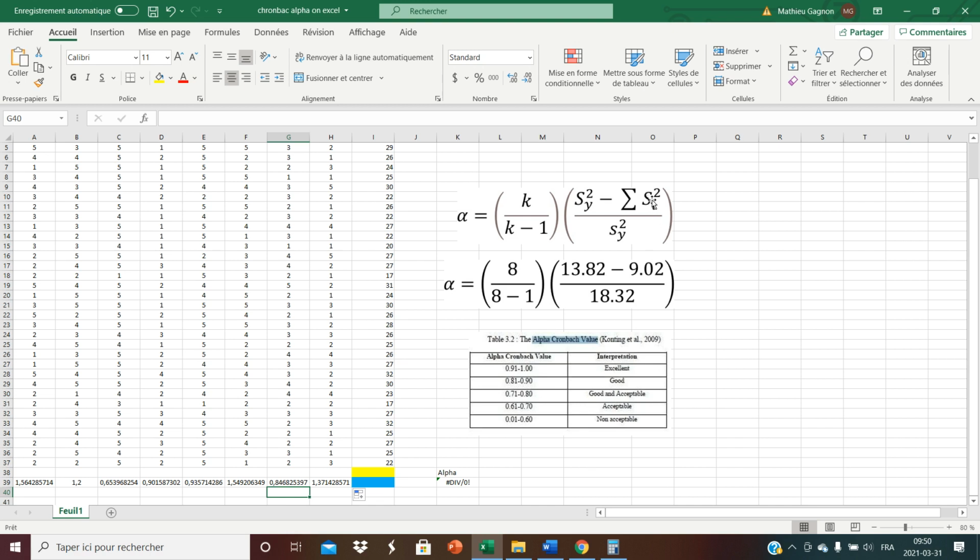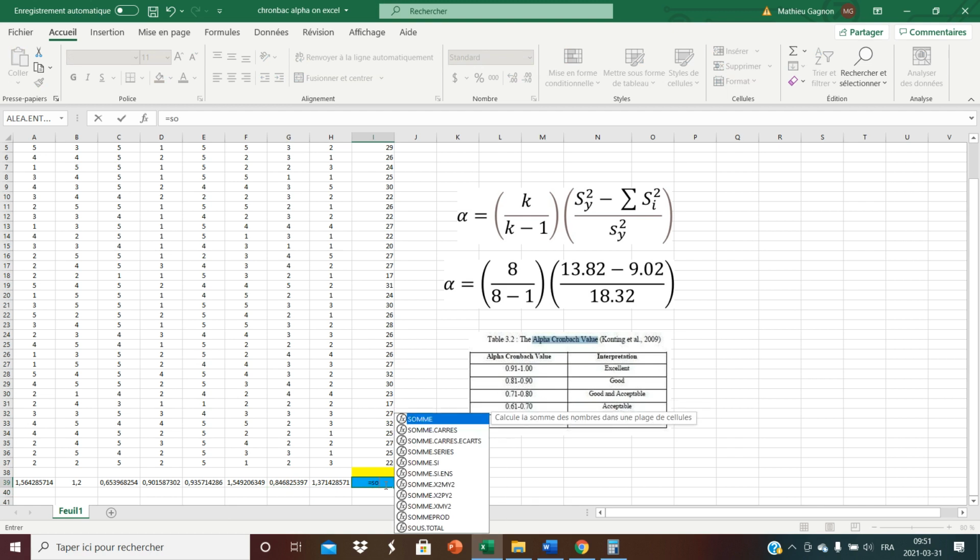So these are your S square I. But now you need to sum them up to get this term right here. Okay? Donc, faut en faire la sommation de toutes ces variances-là. Parce que ce qu'on a là, c'est les 8 s au carré i. En fait, on a s au carré 1, s au carré 2, s au carré 3, s au carré 4, jusqu'à s au carré 8. Okay? Et on a besoin de faire la somme de ces 8 s au carré. So this is easy. I'll put it here in a blue square. Equal again, always equal. I think in English it'll be sum, like this. In French, en français, somme, comme ça. Open the brackets, ouvrez la parenthèse.